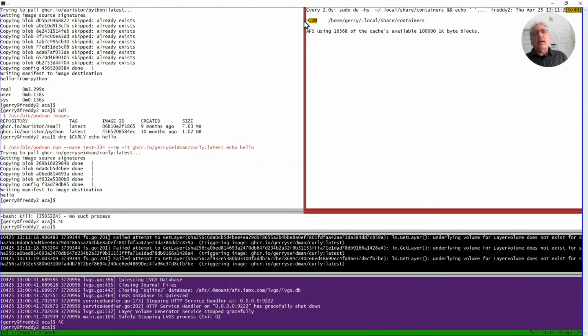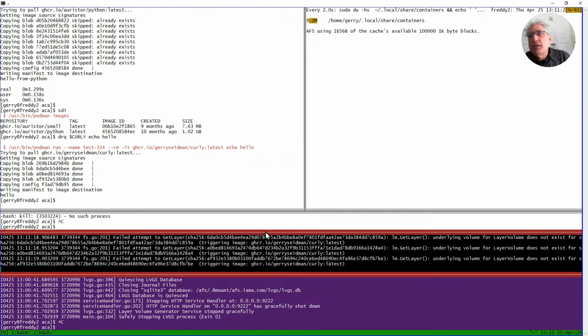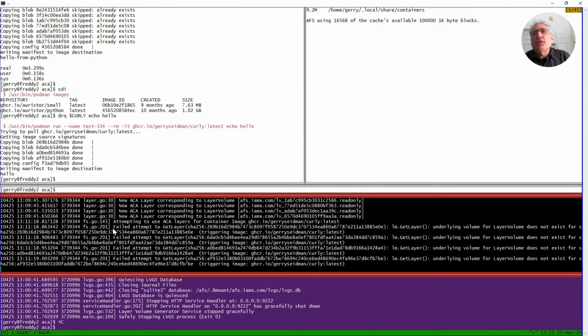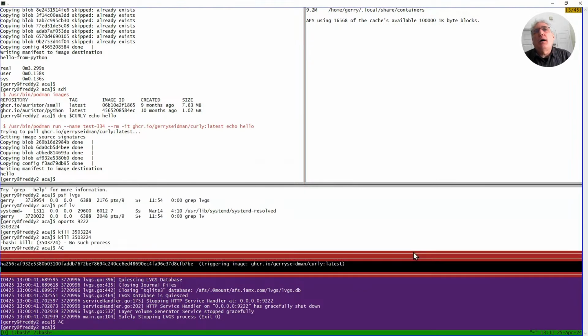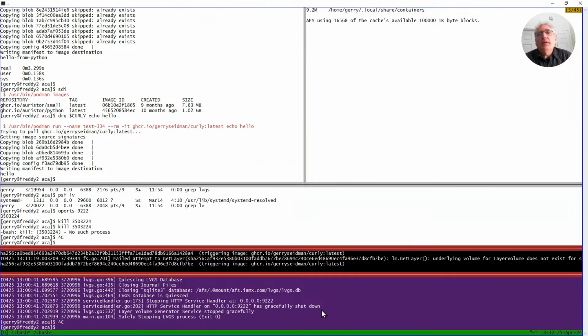And the reason I didn't was that, if you look over here, there wasn't an Aura store volume corresponding to this digest ID. So when the container accelerator was asked to give the files, it said, I can't. There doesn't exist a layer volume for it. So what you would need to do is generate that.